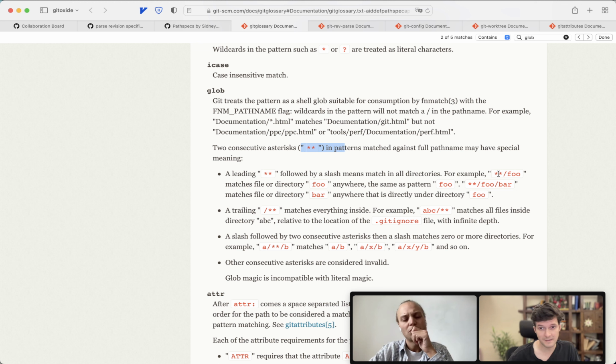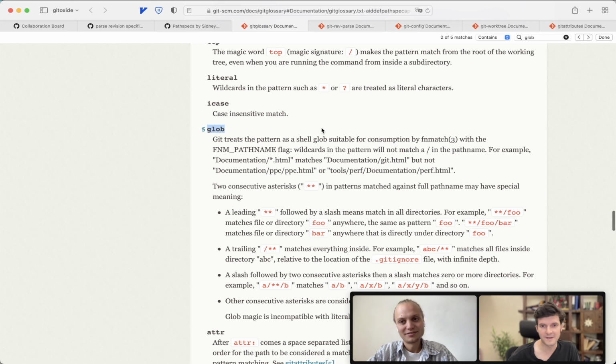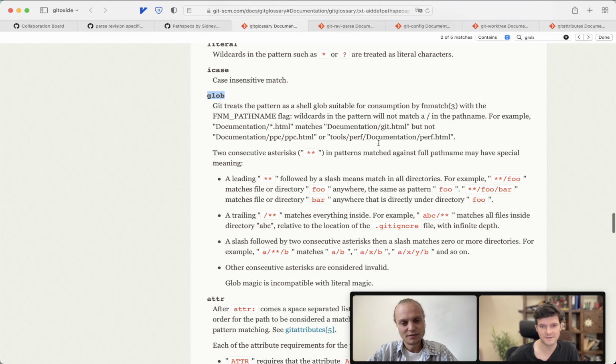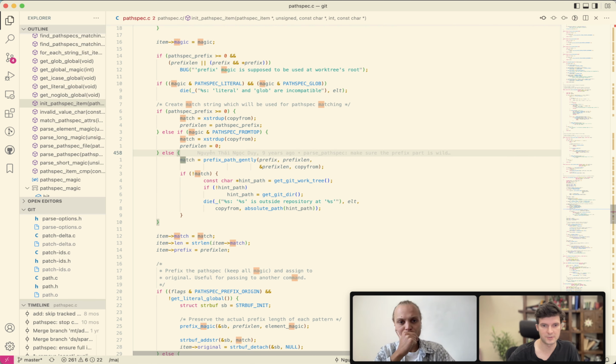As far as I can tell, these double asterisks and then wildcards in the pattern will not match / in the pathname. This is exactly what Git glob wildmatch with that pathspec thing does. And literal means no wildcard matching is done, even though this might look like a wildcard. And then the default, what is there? What else is there? The default should be some other globbing style, but Git has no other globbing style as far as I know. Or I'm wrong, and here they call fnmatch somehow,